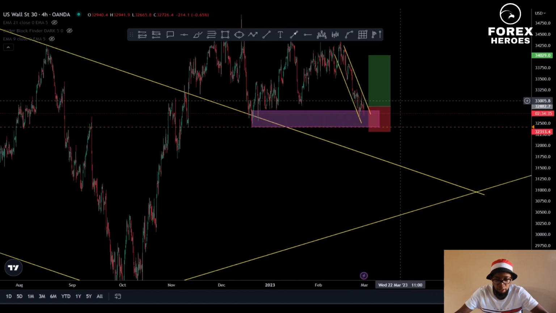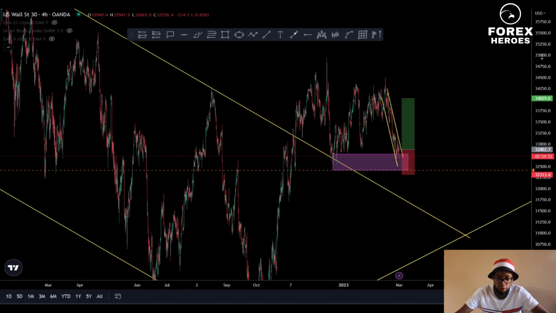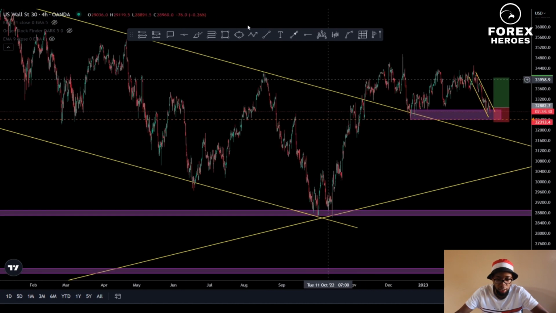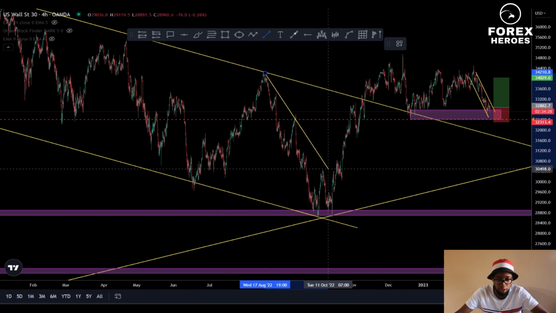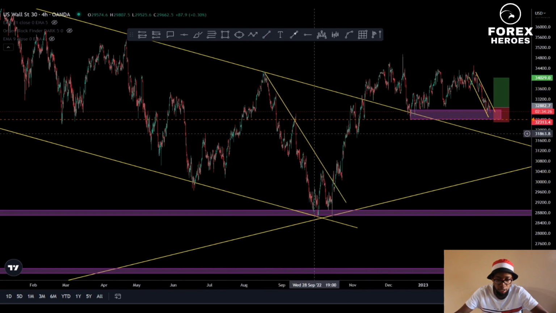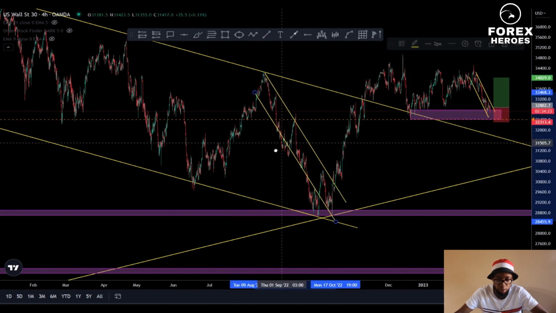This is what I'm expecting. What I'm expecting, okay, fine. Now let me show you what really happened on other information. You can see we had this, and then this you can see we went a little bit outside,